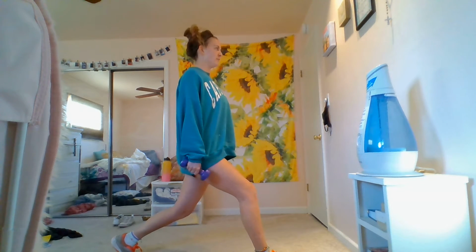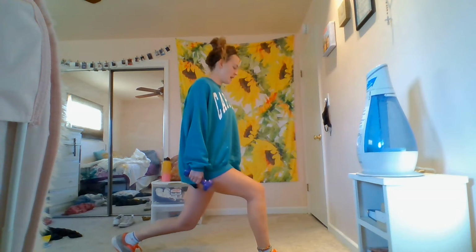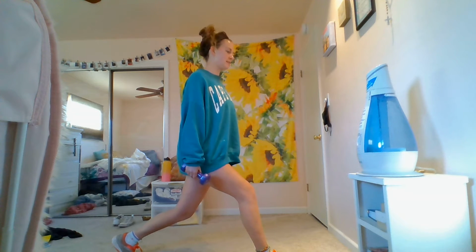Good. And as you can see, I have my weights just firmly by my side. Sitting here kind of helps balance me out too, just having that stability on each side. Good. Shoulders back. Really just powering through these. We want nice controlled movements. Sometimes I'll see people just trying to get through them as fast as possible, but not really getting